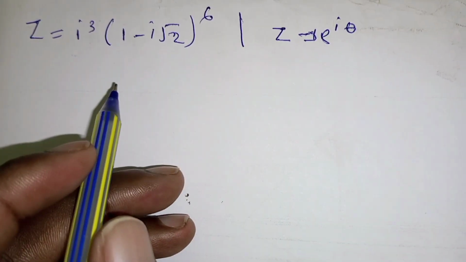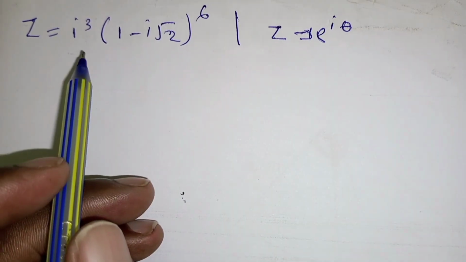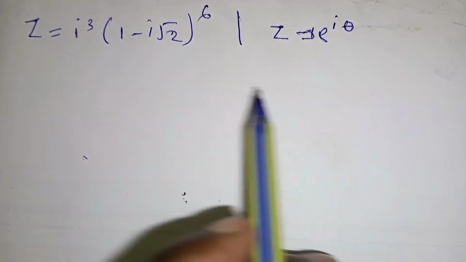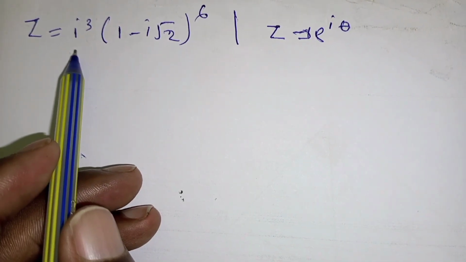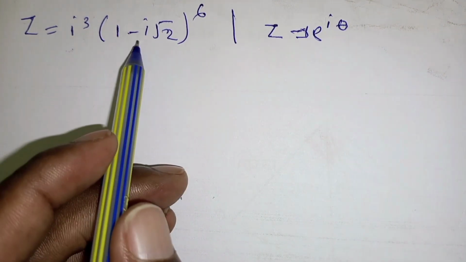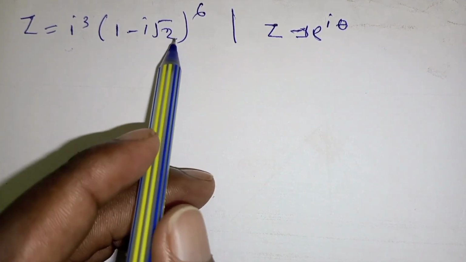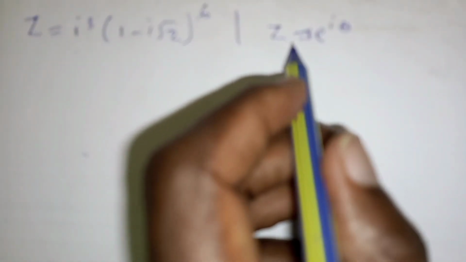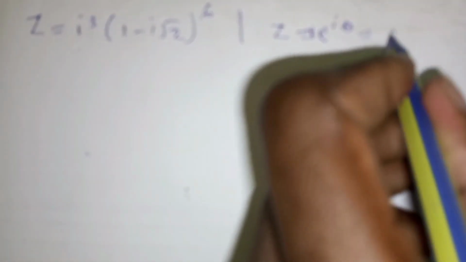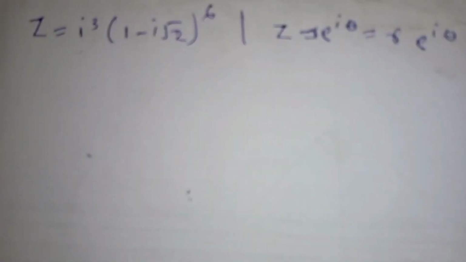Hi everyone, welcome, and let us see how we can convert a complex number into exponential form. We are given this complex number here, i cubed into bracket 1 minus i root 2, everything to the power 6. A number is in its exponential form when it can be written as z equals r e to the power i theta, where